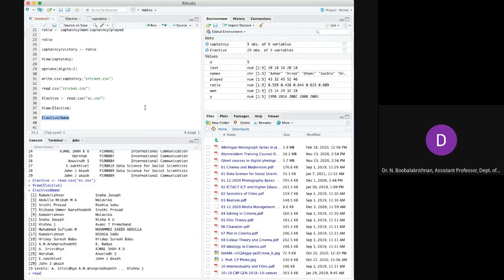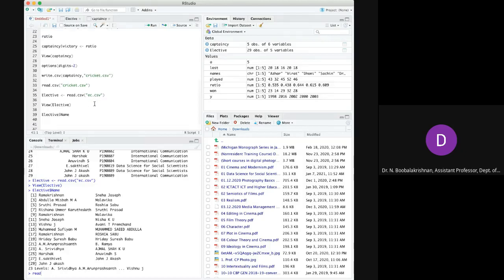You can read any CSV file or Excel sheet file. For example, if you are conducting a survey questionnaire, it can be exported to an Excel or CSV file. Just read it over here, and you can do all the mathematical operations: mean, value, even ANOVA, correlations, everything. We will see that in later classes, the basic statistics operations.